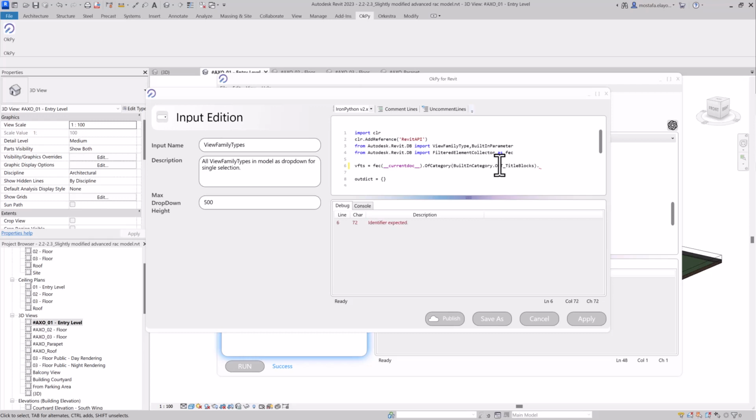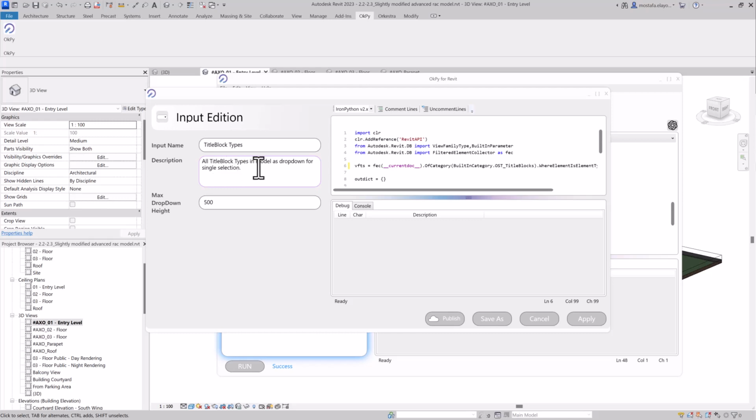And also where element is element type this time, because we do want the title block types. We don't want the instances to be in our dropdown. So this filter exists as well, and depending on the context, it's going to be interesting to have it. Okay, awesome. So yeah, let's rename it title block types, all title block